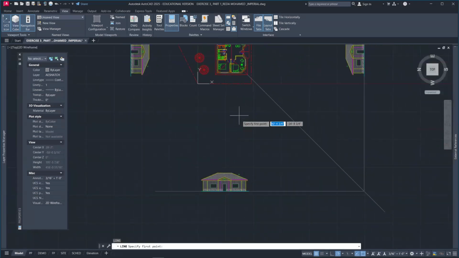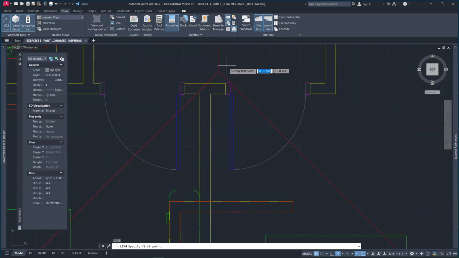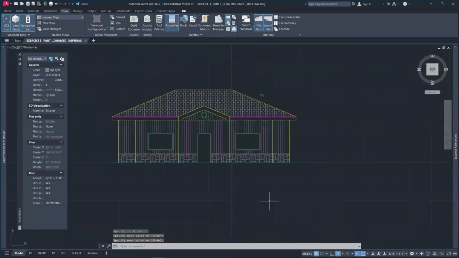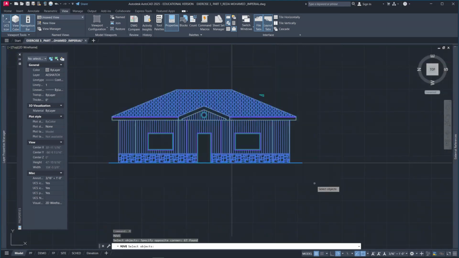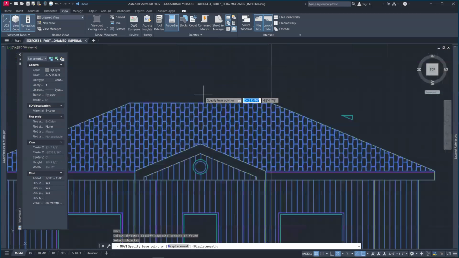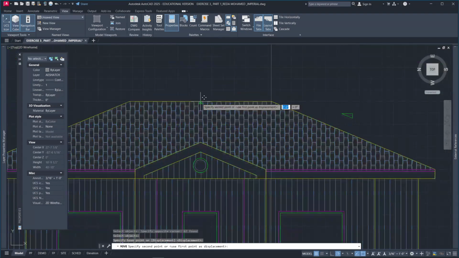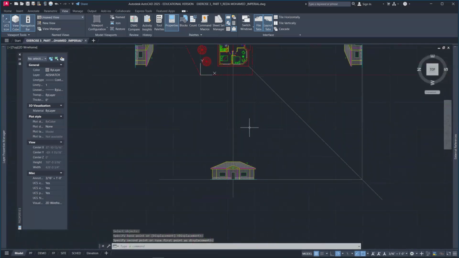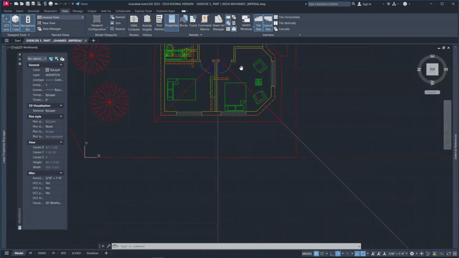So I'll create a line from the apex, which is the center of my building. So bring it down. And then I can now move all of this from the midpoint of this line to that point. So I'm centered. And well, actually, I don't need to be centered because if I copy this again,